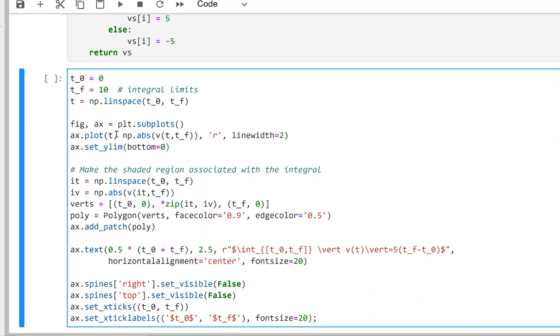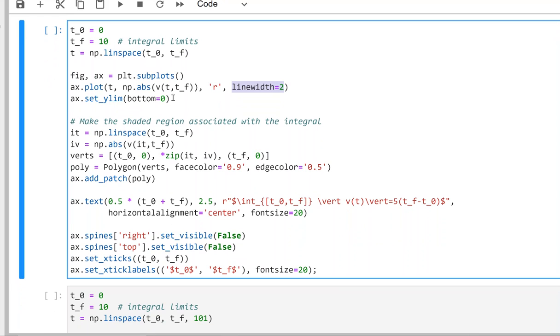So I'm plotting this curve of the absolute value of the function as a red line that's slightly thicker than the default choice of line width. And then I'm setting the y limit to just be 0 on the graph so that the graph shows up the way I want it to. And then I'm creating a shaded region associated